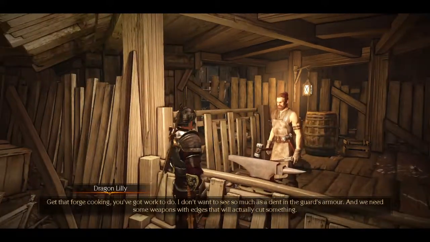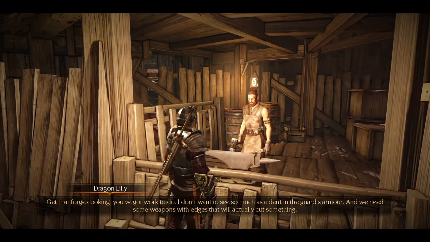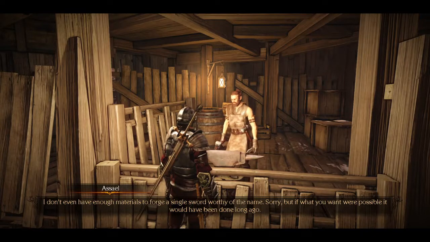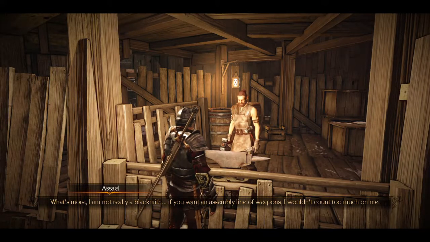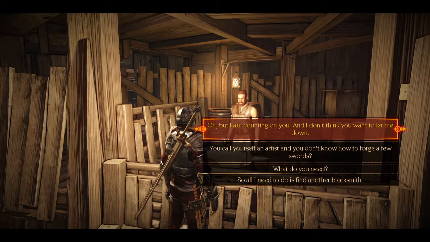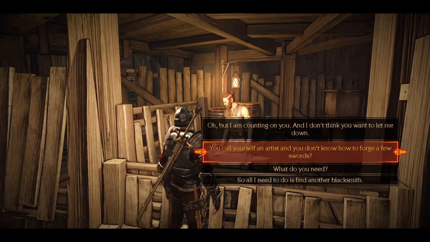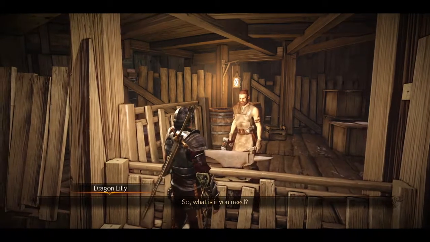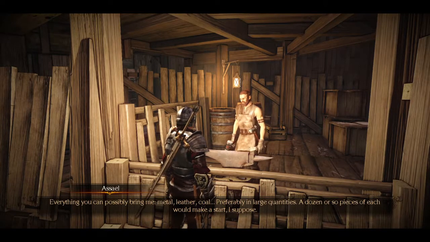Get that forge cooking. You've got work to do. I don't want to see so much as a dent in the guard's armor. And we need some weapons with edges that... I don't even have enough materials to forge a single sword worthy of the name. Sorry. What's more, I'm not really a blacksmith. If you want an assembly line of weapons, I wouldn't count too much on me. Call yourself an artist. So? Everything you can possibly bring me. Metal, leather, coal, preferably in large quantities. I'll take a look around and see what I...